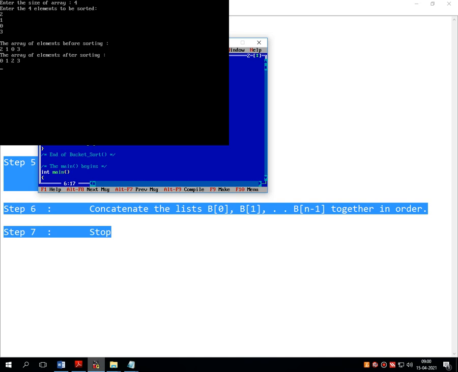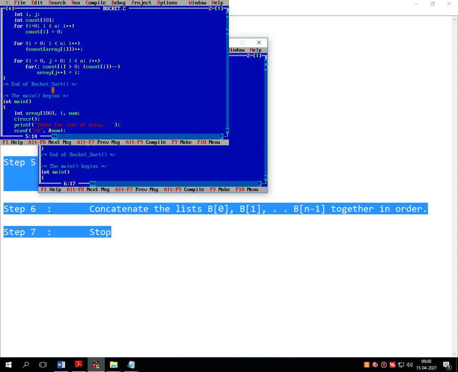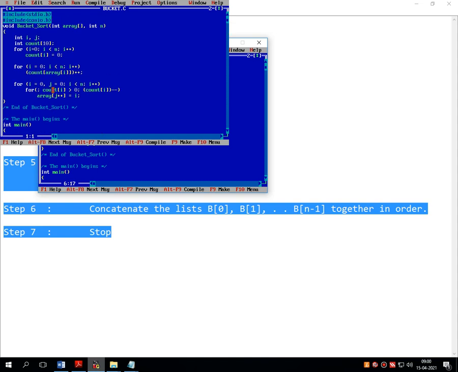We'll make it sorted out. You can see that over here I have given the size of array as 4, then I have entered any 4 unsorted numbers like 2 1 0 and 3. First it will print all unsorted numbers, then my program will sort all the numbers and it prints 0 1 2 3, which is the sorted numbers, onto the screen. So let's see how this particular program works by debugging the code.